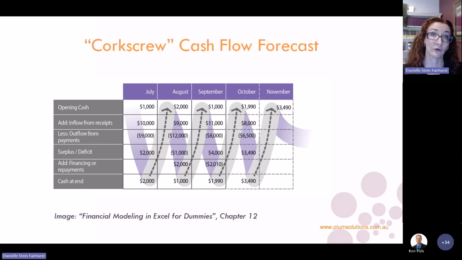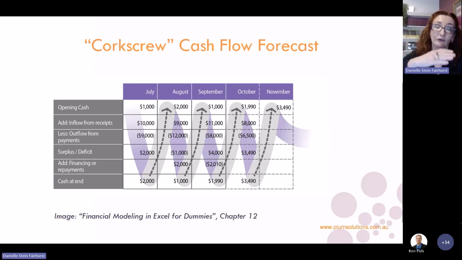So that's an example. Using a corkscrew in a financial model. We often, with our cash flow, you have your opening, which then links down to your closing, that then links up to your opening, that then links down to your closing. And what I see a lot of people do is they just go in and, this surplus or deficit, they would just go in and hard code, of course, which kind of defeats the purpose. You should use a round formula instead. You could round at comma -3.